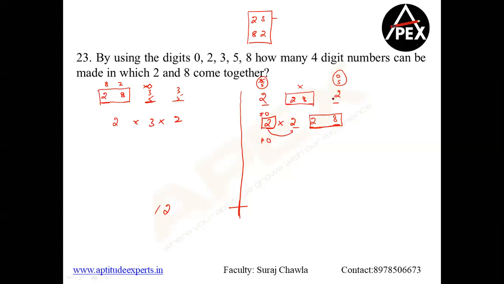Which means, what do we have here? So first I'm writing on the top. First case number 1 will have 2 into 2, and this will also have two cases. So 2 into 2 will be 8. Now please understand, second also will have the same model, 2 into 2 into 2. That will be again 8. So 8 plus 8 will give me how much? 16. So 12 plus 16, 28 is the correct answer.